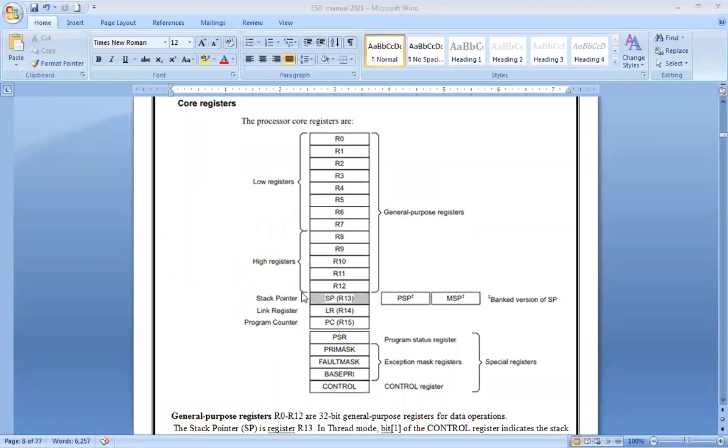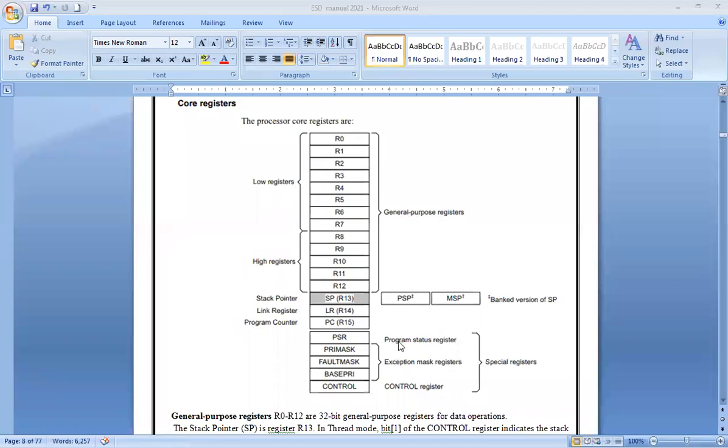R8 to R12 are your high registers. We have general purpose registers from R0 to R12. Then there are special purpose registers: stack pointer, link register, and program counter. We will be using these in push and pop instructions exclusively.